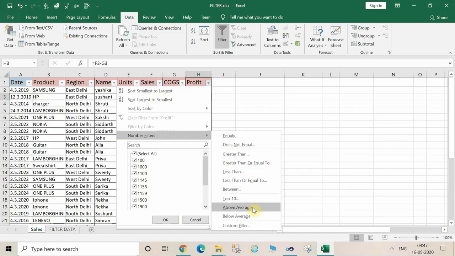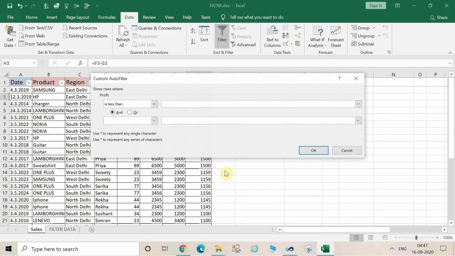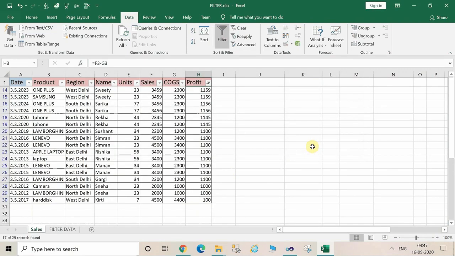I just want things below 1200. So choose the option less than, type 1200 and click on OK. See here, every data displayed here is less than 1200. And now again clear the filter.